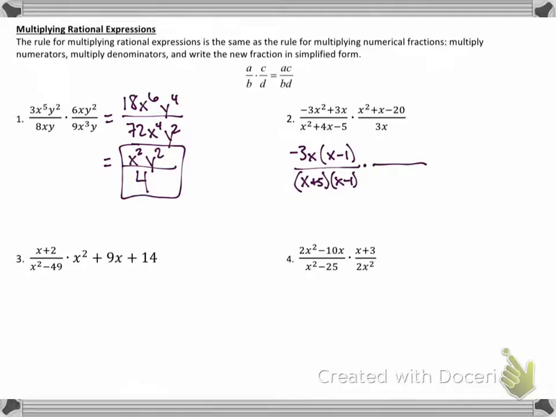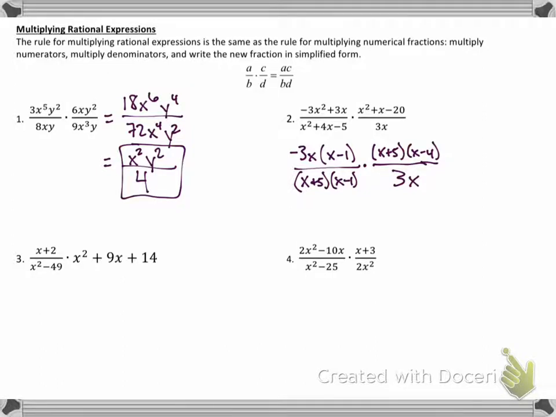Times, we got another trinomial. What multiplies to negative 20 and adds to 1 in the top right? So that would be x plus 5, x minus 4. The bottom right is 3x. That's it. So now what I have to do is, again, technically I would multiply straight across